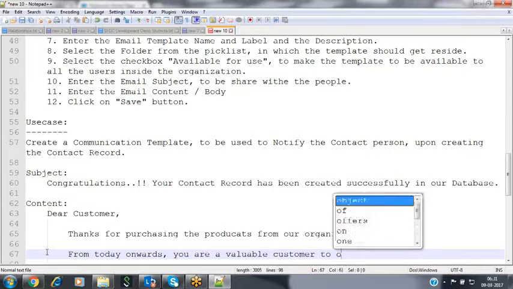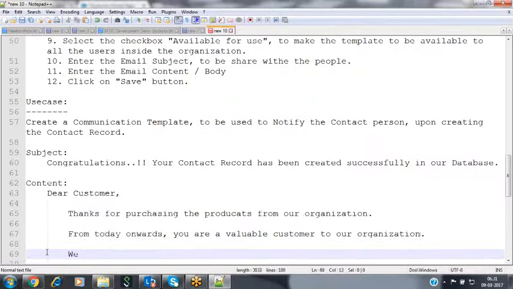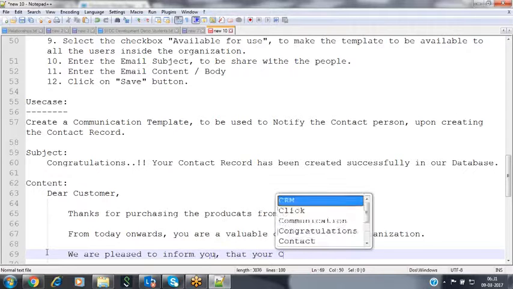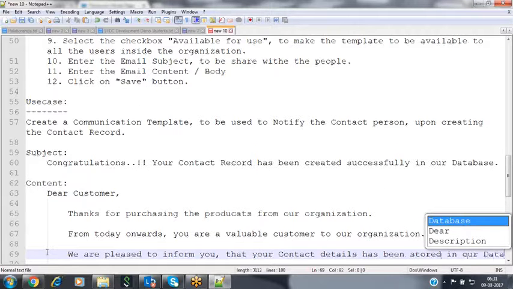We are pleased to inform you that your contact details have been stored in our database successfully.